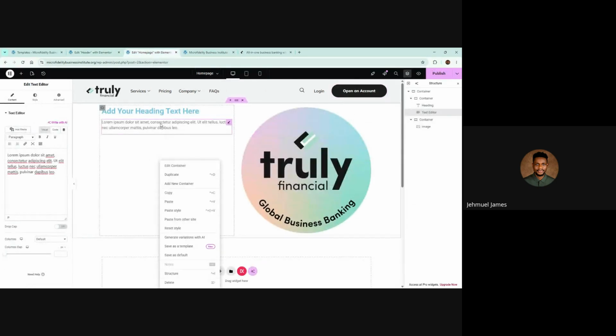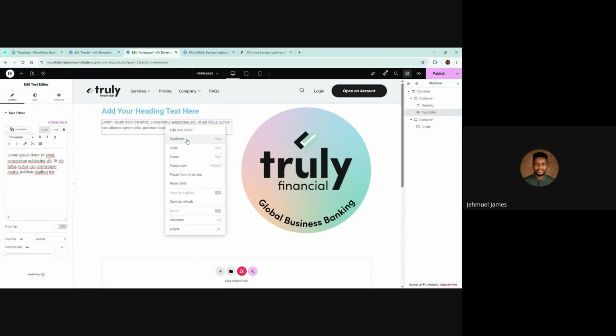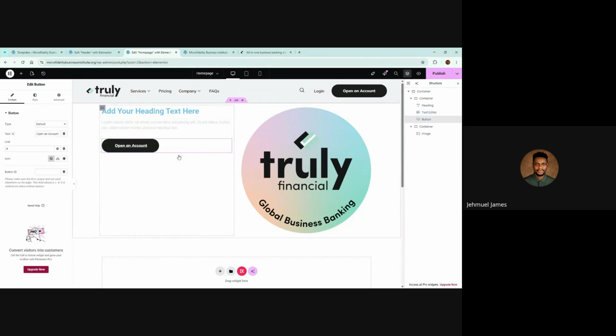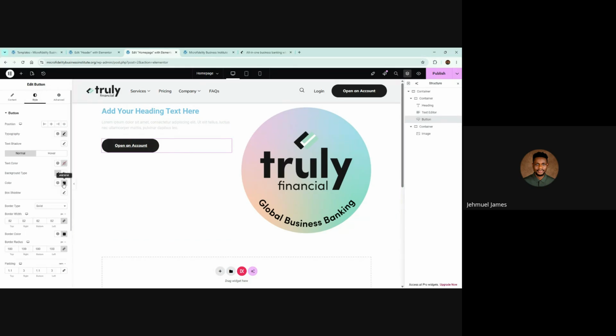And come back to the home page. Now hover on the text editor. You hover on the widget or the element you want what you've copied to come after. So you just say paste. Boom, and it's here. Next thing we want to do is come to the edit tab so we can copy